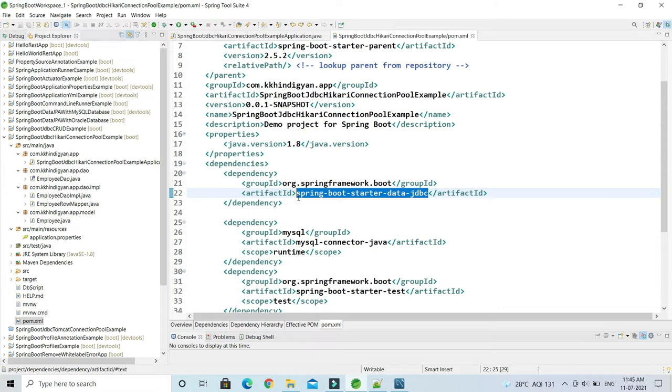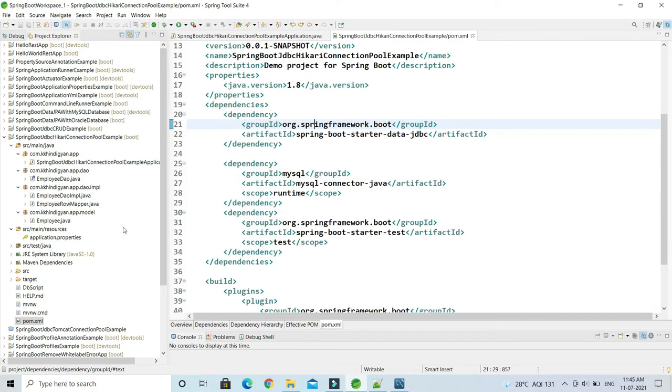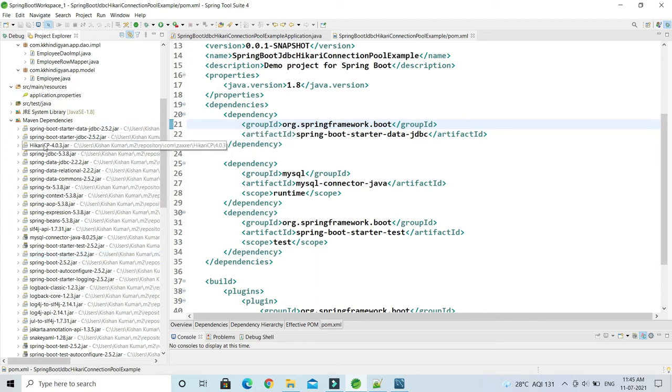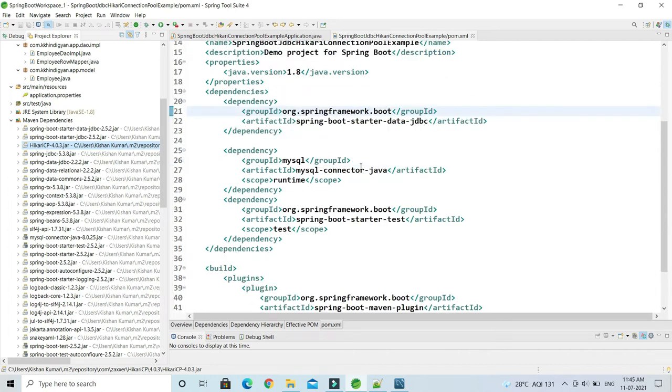If you add Spring Boot starter data JDBC or Spring Boot starter data JPA, then the Hikari connection pool is automatically added to your classpath, as we discussed in the slide. Here you can see Hikari CP is added automatically; I haven't added the Hikari connection pool dependency explicitly.